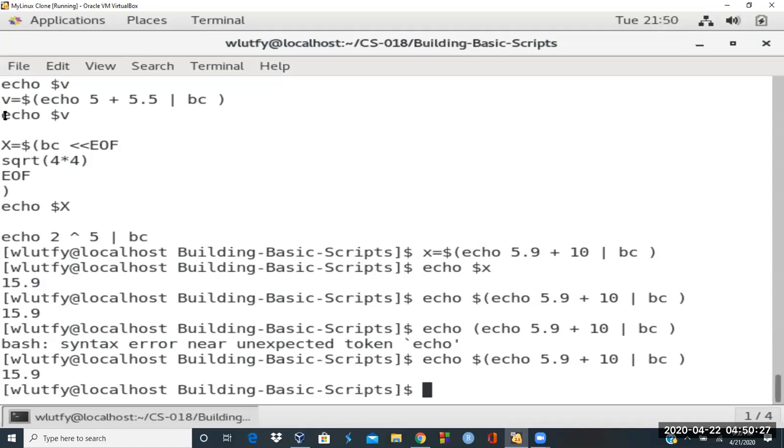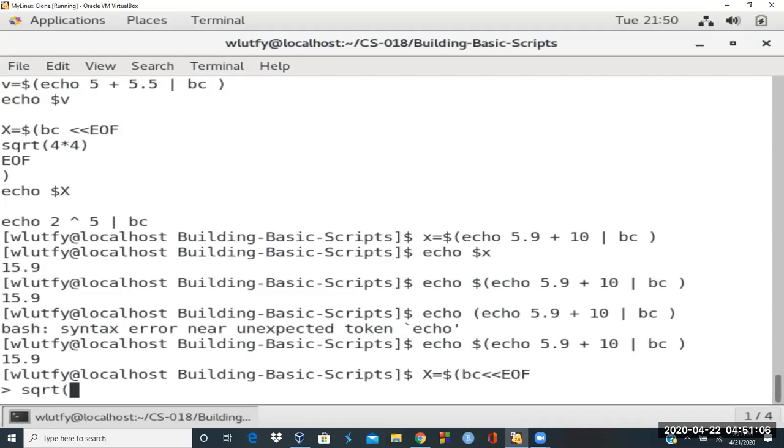Another way that I'm doing here is that x is assigned to the dollar sign parentheses basic calculator in the file. So in this case, I want to get the value of the square root of that, which is 4. 4 times 4 is 16, square root of 16 is 4. So if I just use that syntax, x is equal dollar sign, and instead of basic calculator, if I just say end of file, and then do a square root of, let's say,